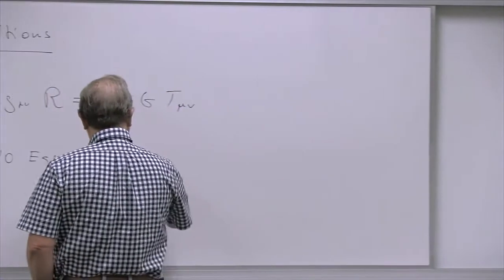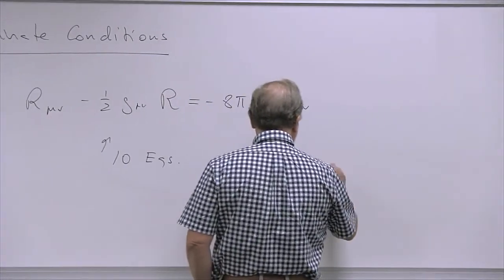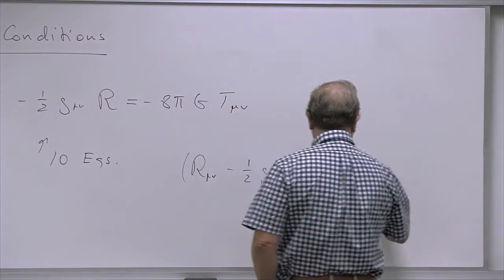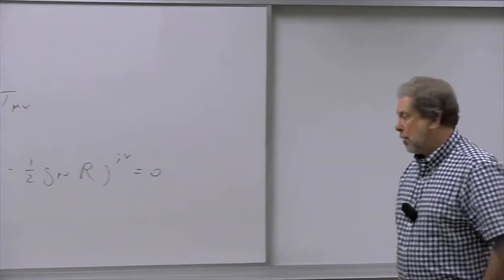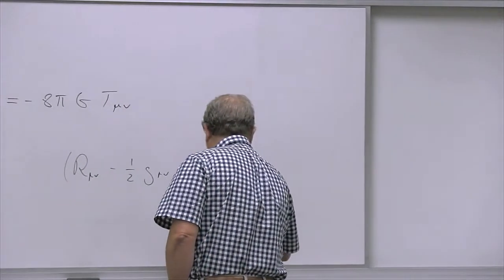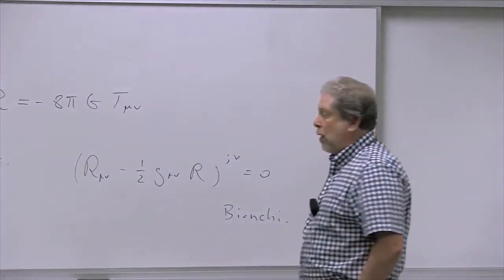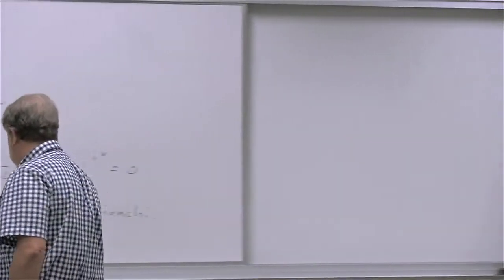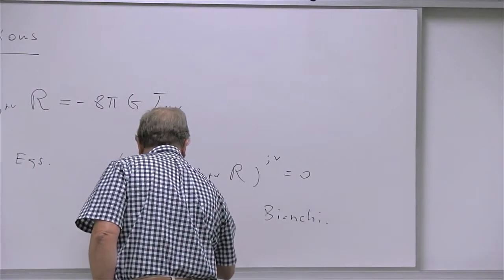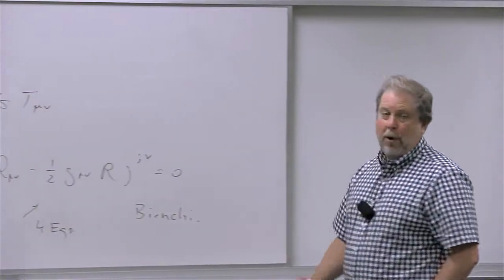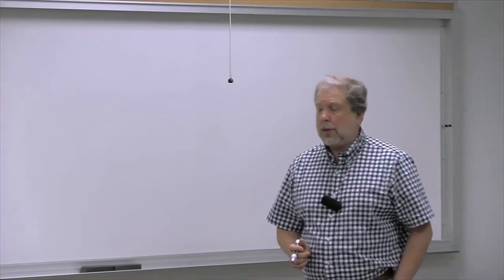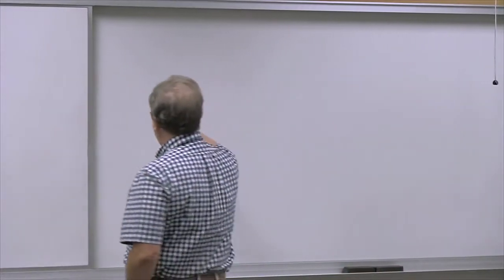We do know that R mu nu minus 1/2 G mu nu R, semicolon nu, is equal to 0. So we do know because of the Bianchi identity that in fact we have 4 constraints. There are 4 equations. So that would look like a problem because we have 10 degrees of freedom but only 6 equations because of the Bianchi identity constraint. But in fact, that is not the case either because we have general coordinate invariance,